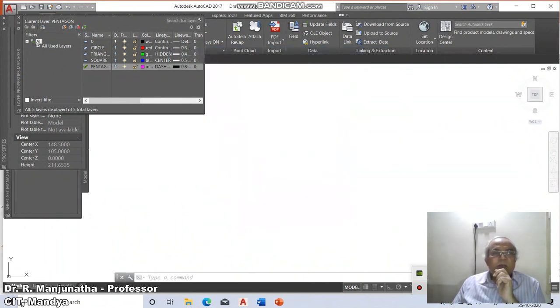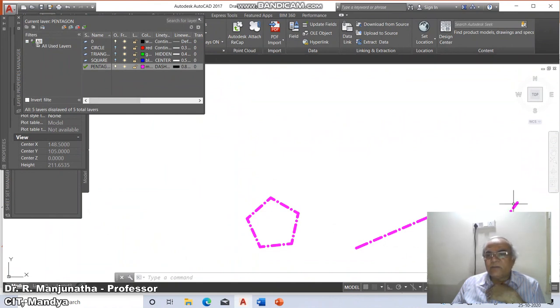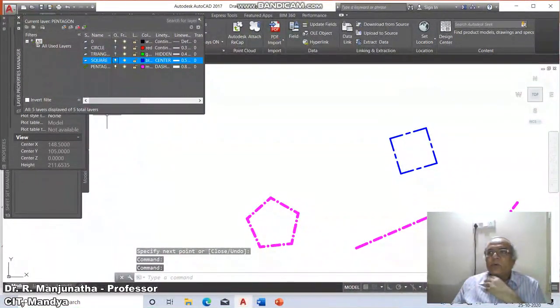Now if I want to see that, again you go to the pentagon and click on it. So that layer will switch on, and naturally the entity which we have created will be visible. Similarly, you go to the square and switch on that square, and automatically you get back the square layer.